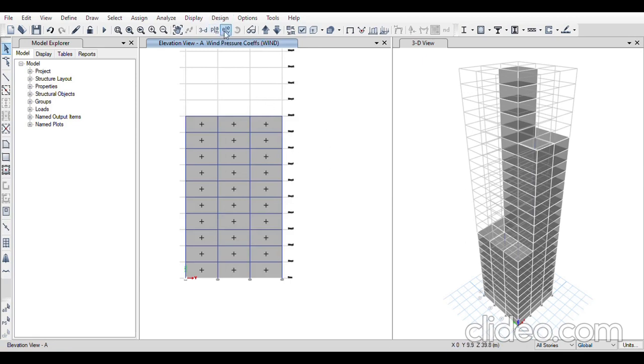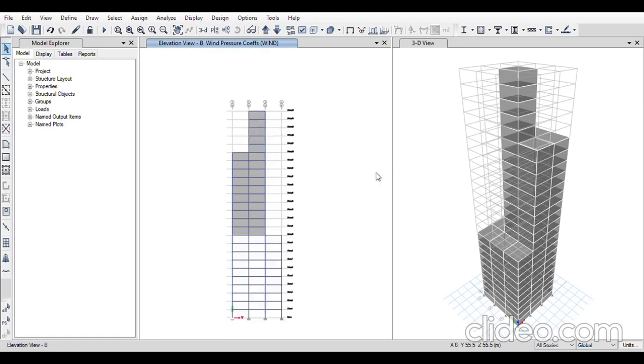Now I'll go to elevation. I'll take B because in some of the stories the building has B elevation, and select this. I'll go to assign shell load, windward coefficient, which will be the same. I'll click on OK. Now I'll go to elevation and I'll take C. I'll click on OK.